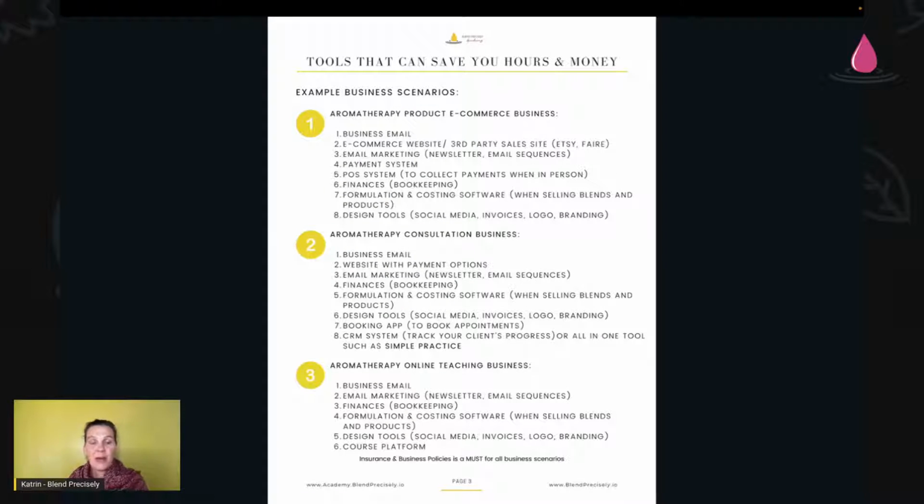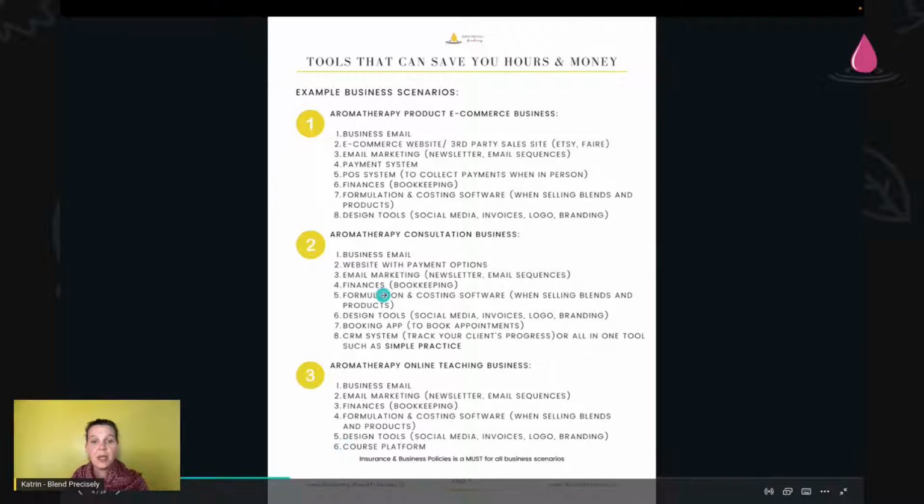So I just came up with 3 different scenarios here. When we finish our school, our aromatherapy certification, we can tap into many different businesses. And I don't want to do all of them because that would take way too long. But I'll give you the 3 main areas aromatherapists are active in right now. One is they create a product business. The other one is that they create a consultation/product business. That's number 2. And then number 3 is that they go into teaching. And that is just something very beautiful.